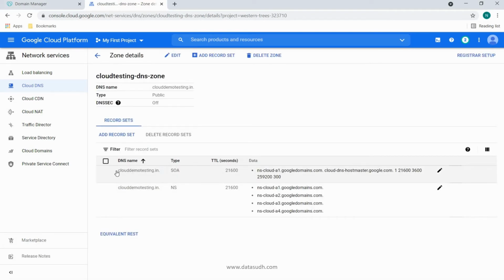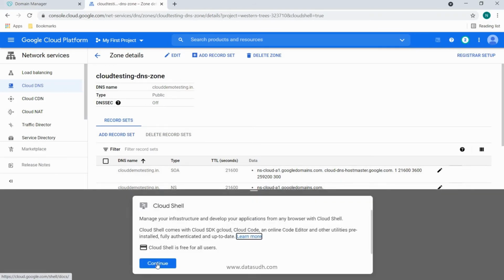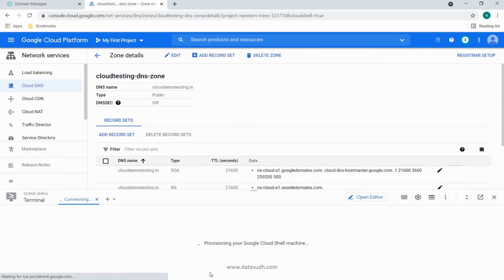So our DNS zone has been created in Cloud DNS, and by default it has created two DNS records for us. One is the SOA record, the authentication one, and one is the name server records. Before we go ahead and migrate our name servers to these name server entries, let's do one more thing. Let's see where the domain is currently pointing, so that we can validate after migrating that the name servers have moved to the new name server records.